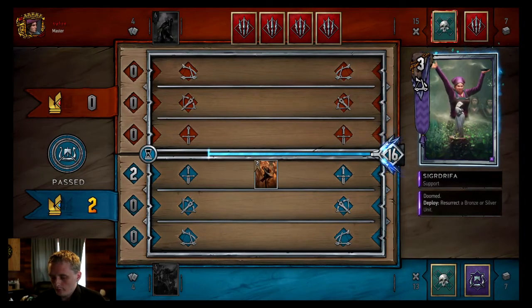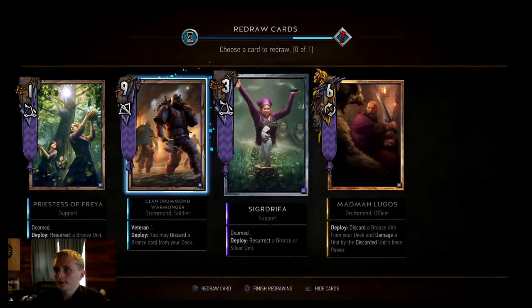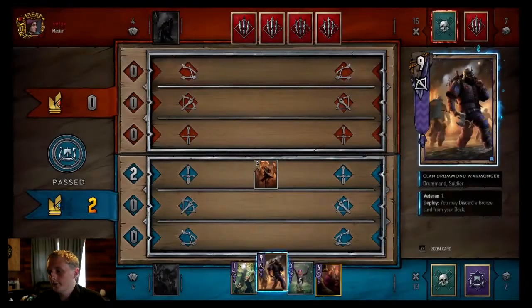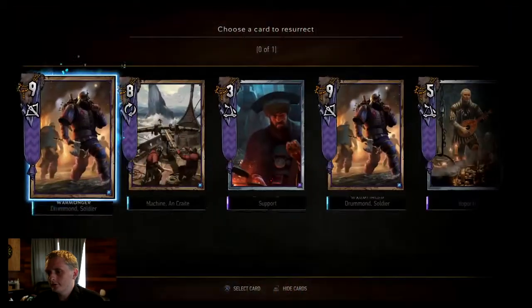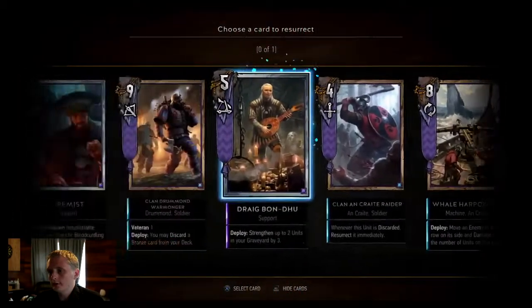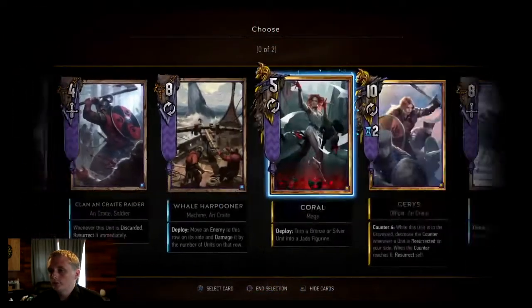See, Renew, Woodland Spirit, Gales, and he runs Yennefer, most likely. So I don't think he runs a Caretaker. I'm going to hold on to this hand. Hopefully not. And if he does, we still get most of the revive. We're going to bring out Dragbondeau, and we're going to boost